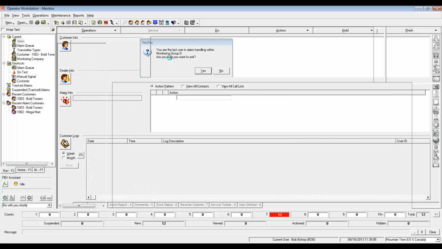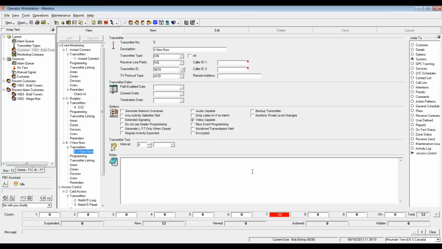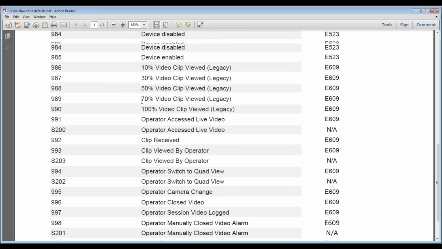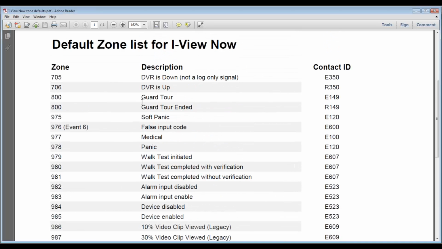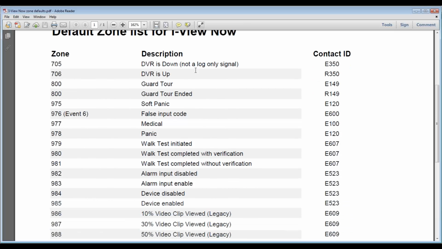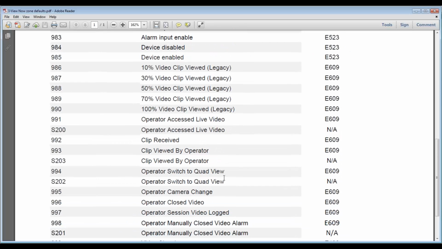But one of the things that I've done for this particular customer record is iViewNow has provided us with a number of different signals that will come into the system. So in this particular case, we've got a complete default zone list here that will trigger not just video events, but whether or not there's communication with a DVR and a number of other events that will come into